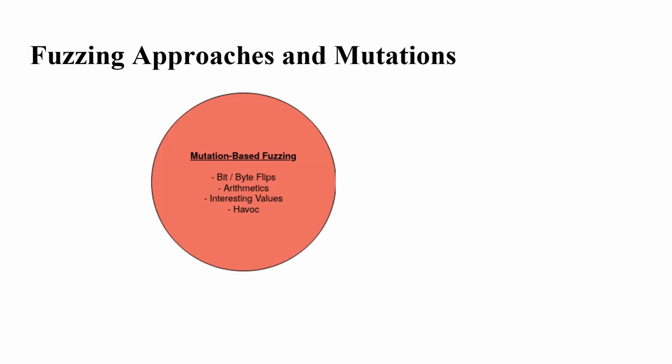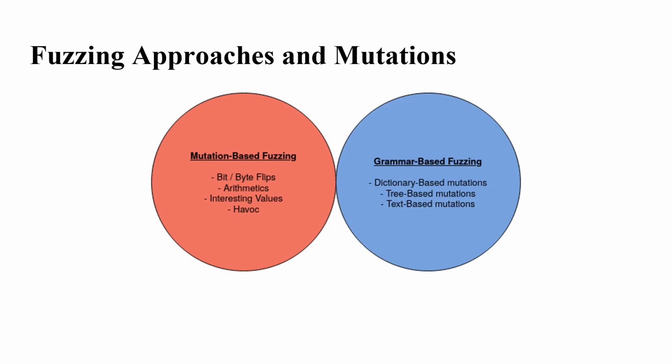There are two primary approaches to fuzzing. The first approach is mutation-based fuzzing, which involves randomly mutating the input, using techniques such as bit flips or arithmetic operations. And grammar-based fuzzing, which employs more sophisticated methods that adhere to a predefined set of rules, such as dictionary-based